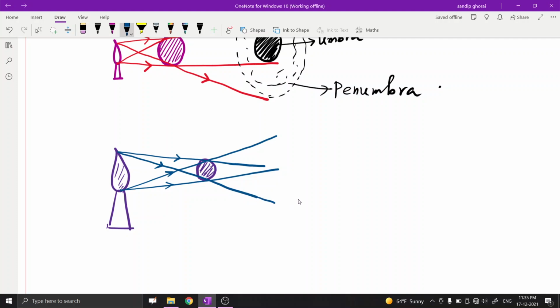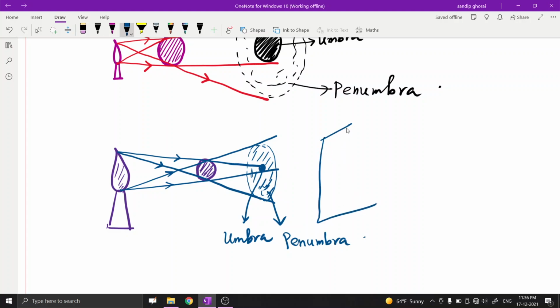Here, if the screen is placed here, then we get one very dark region and another one, which is the penumbra region. So here this one is umbra, and this region is called penumbra. Okay, penumbra. But if we place the screen here, then we cannot get the umbra region, because